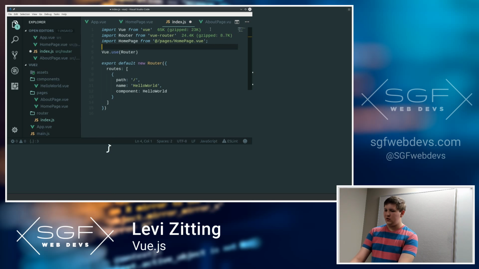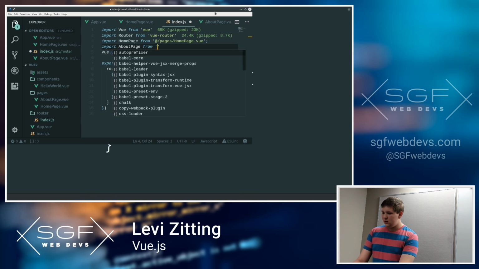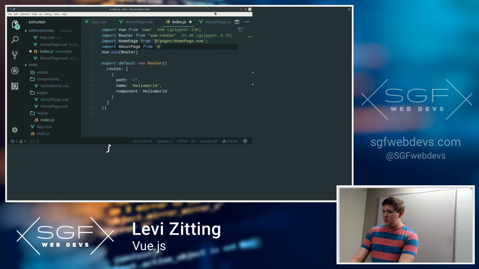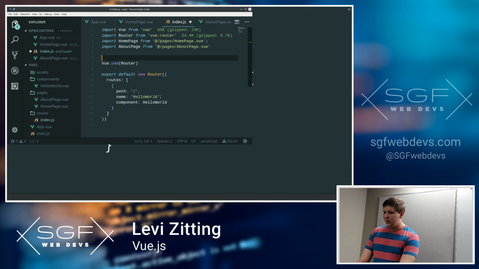Okay, and then we'll also import our about page, from pages/aboutpage.vue. Okay, and then instead of name is hello world, we'll just set it to home, and set the component at this route to be homepage, and then we will,